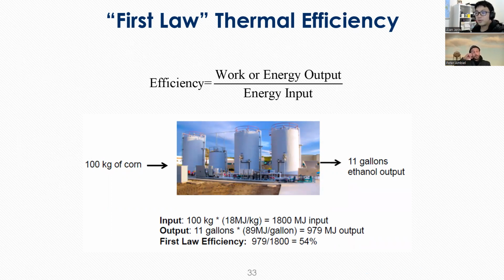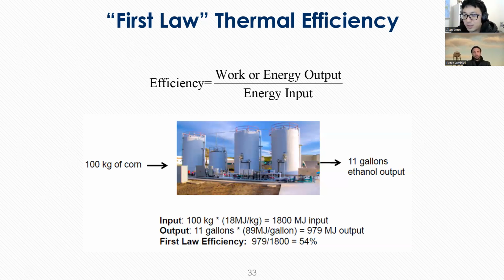So work or energy output divided by energy input. In this case, you could convert these things to the same units, right? And so my input is 100 kilograms of corn and my output is 11 gallons of ethanol. You could just say that it would then be 0.11 gallons of ethanol per kilogram of corn, or you can convert it to a thermal efficiency sense, right,